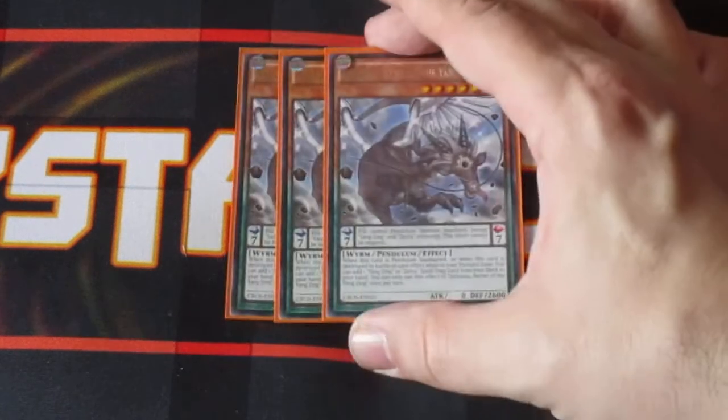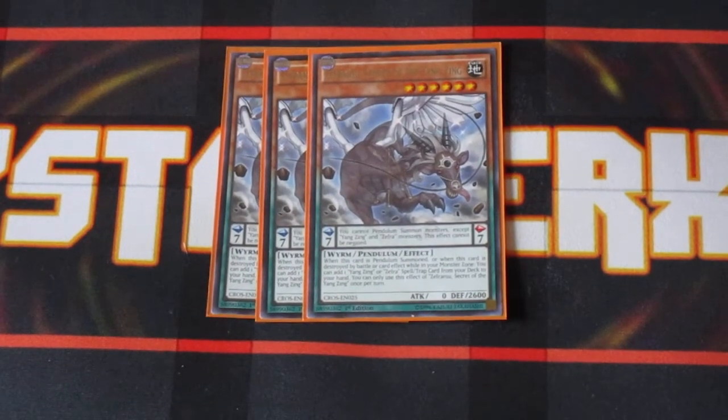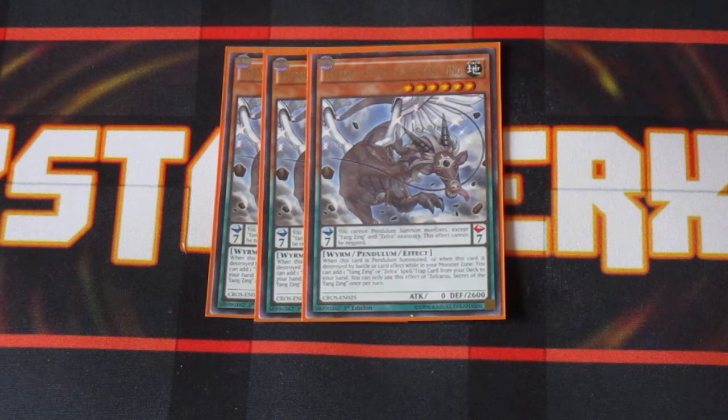We have 3 copies of Zephyr Neo. Zephyr Neo is actually very important, primarily because we're looking to either pop it or pendulum summon it out, to get the search for the 9 pillars of the Yang Zing out of the deck. We do not, and I want to repeat this, do not want to have this card in our scales, primarily because it will just lock us down into